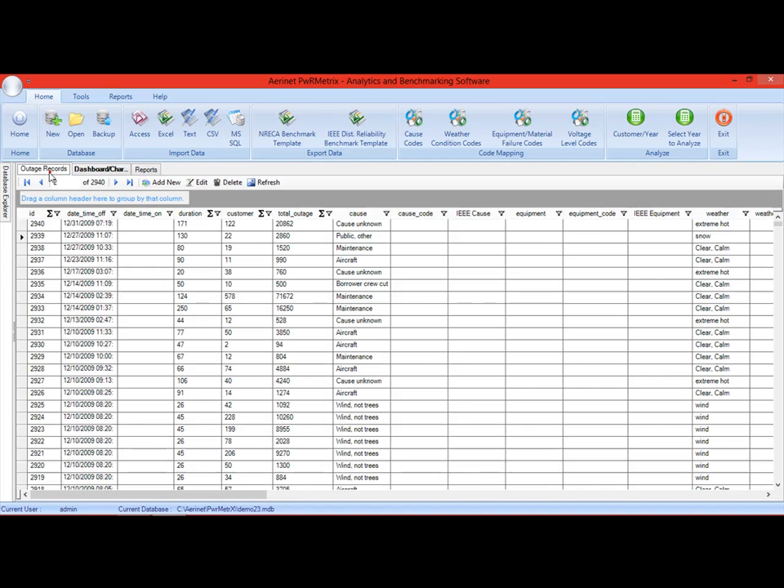So that's the overview of the main functionality. As you can see, it's very easy. Within a few minutes, you import your data. It analyzes the data and it gives you all